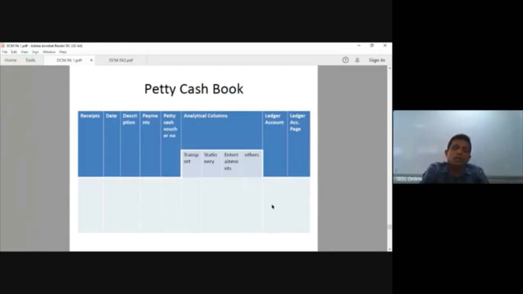these small amounts, right? Normally, there is a system called the petty cash imprest system where a petty cashier will be given some amount, say 10,000 to 20,000, and he is asked to do the petty cash payments. After 1 month, he will have to meet the main cashier again with the source documents for what he has spent as petty cash, right?